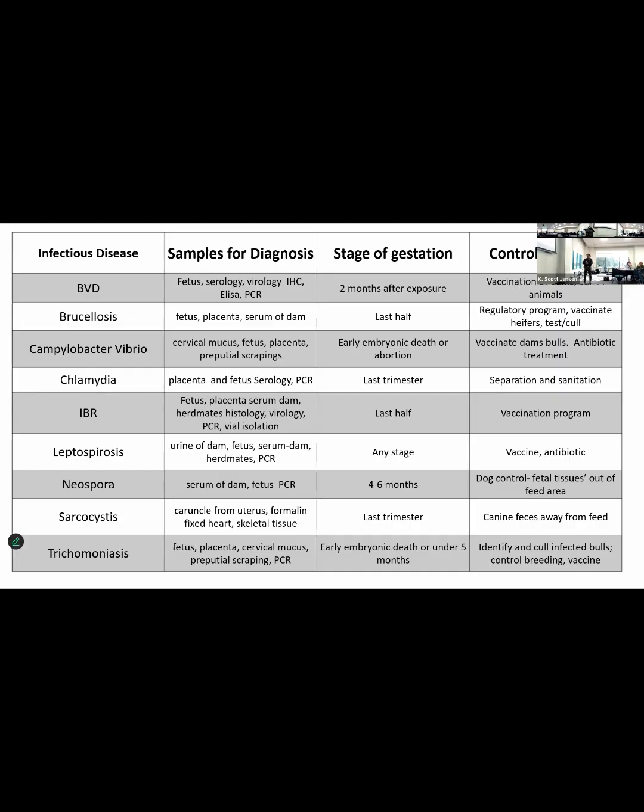So a lot of these different diseases that you guys are used to hearing about, they differ. A lot of them are last trimester, last half. So those are those late abortions that we tend to see. Okay, but there are ones that cause us early embryonic mortality: BVD, Vibrio, trich. Early mortalities. The nice thing is, a lot of them we've got good vaccines for that are effective and will